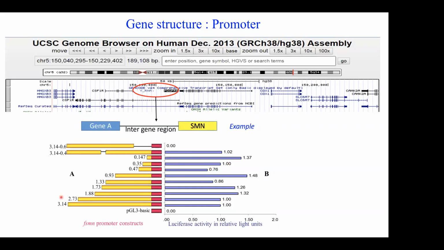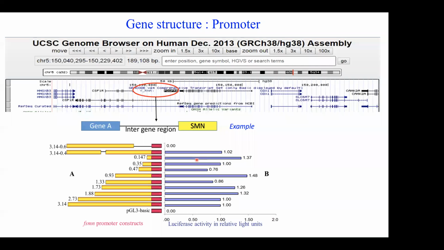So here is an example. In this example, I take 3 kb of the intergene region. I made sequential deletions to find which region is the minimal promoter region. In this case, even 100 base pair is good enough to express the gene. When I delete some regions, there is no expression at all. If I delete some regions, you can see the expression goes down. So these regions are regulatory regions.